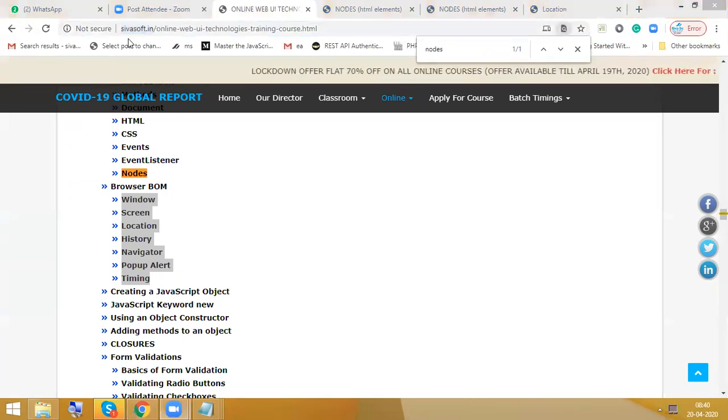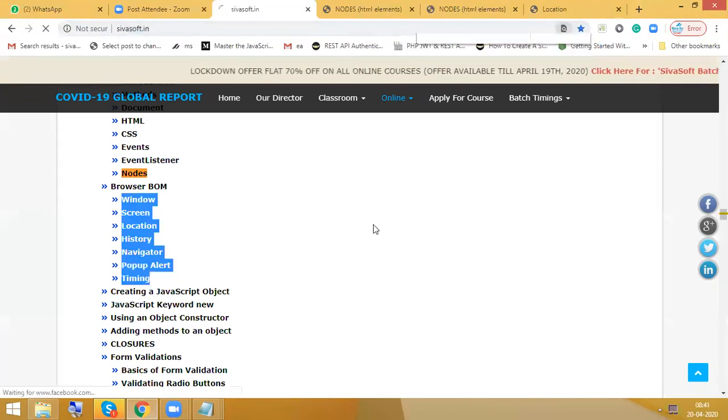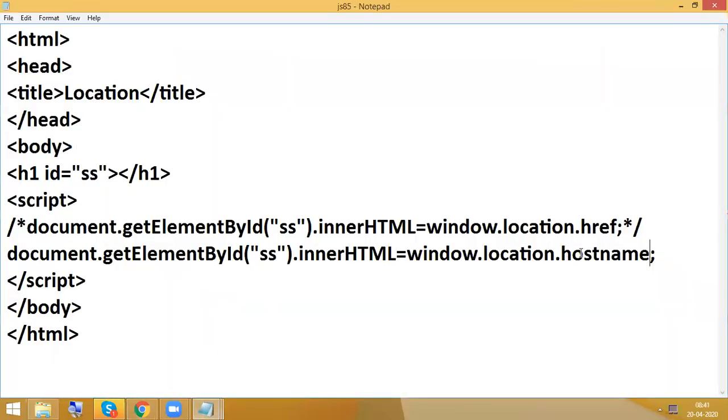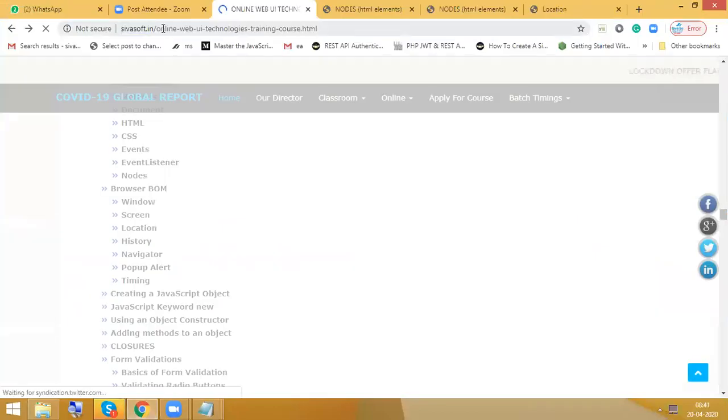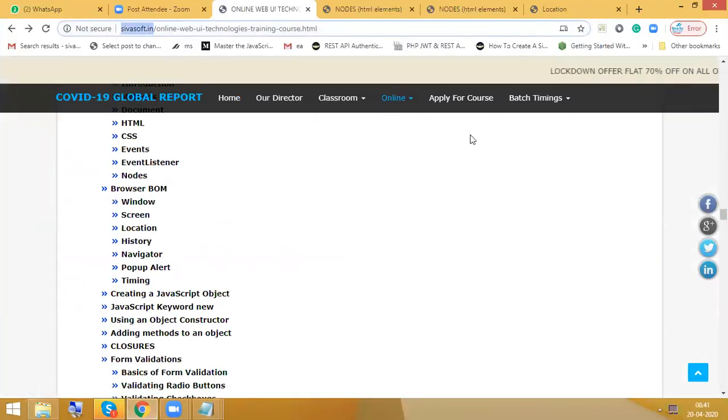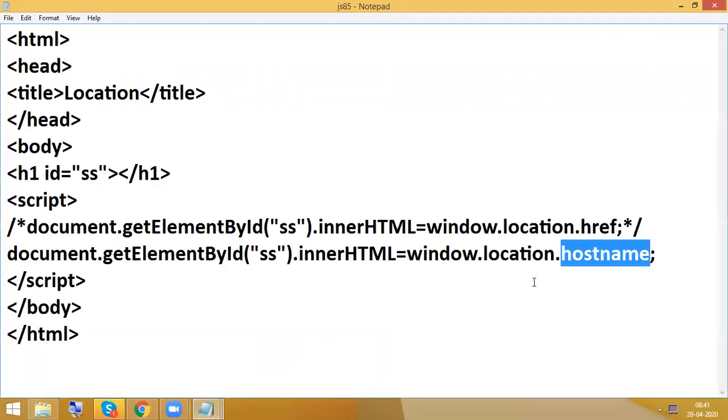But right now I am running it directly, right? So that's the reason you are unable to view it. So right now don't bother about that. If we write hostname, what is the meaning? Whenever you are running directly from the live server, then only you are going to get that output. Okay, fine. Right now don't bother about this, but the syntax whatever I wrote, everything is correct.